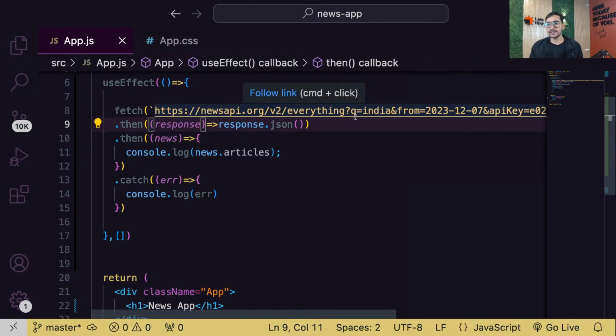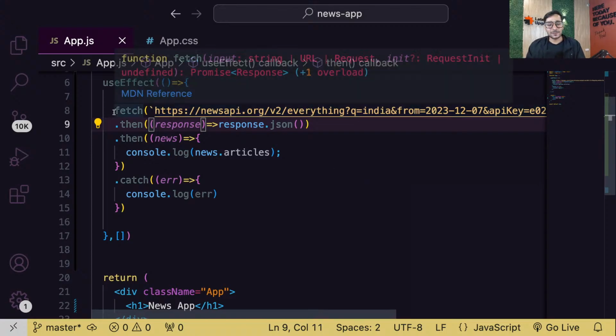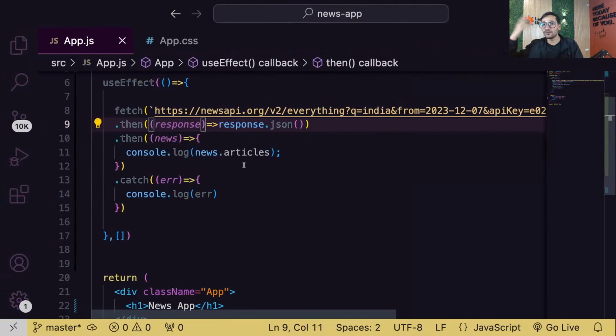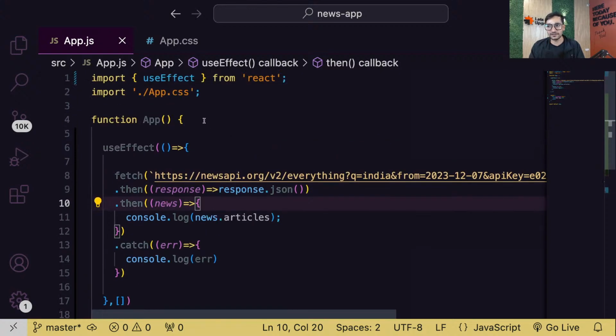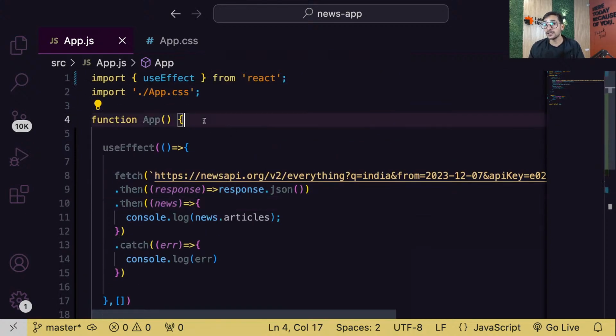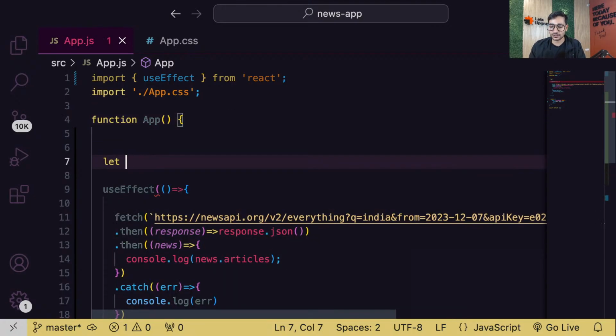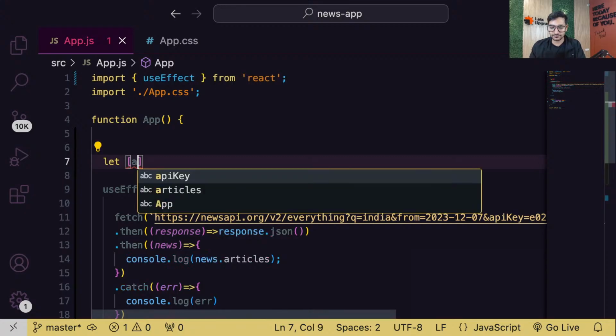That's it. Okay. So guys, let me stop sending this request, otherwise my limit, I don't know if there is a limit or not. There might be 100 or 1000 limit. So if my limit gets crossed, then I won't be able to use this API. Okay. So otherwise then I have to create one more Gmail account. So for some time, let's simply go ahead and create a state variable in which we'll store the news. Okay. So let's call it articles.